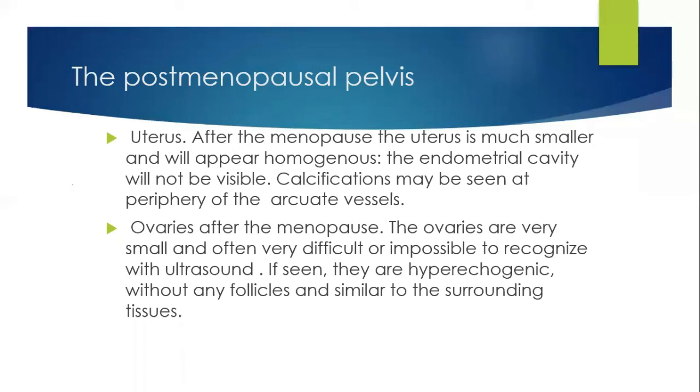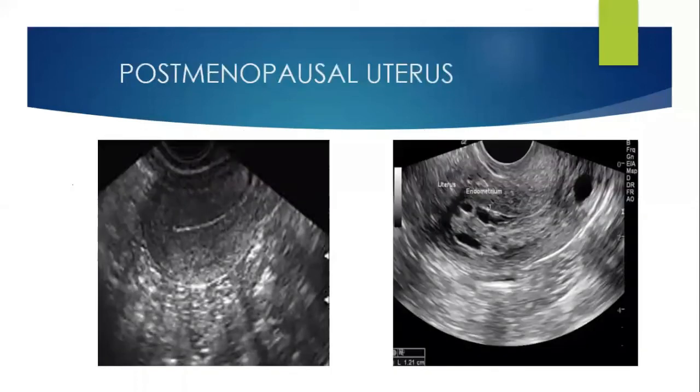In postmenopausal pelvis, remember the uterus size also becomes a little smaller and the endometrium also becomes very thin. And it is also difficult to identify the ovaries because they do not have any follicles. So this is how a thin endometrium will look like. Whenever you're seeing a postmenopausal patient who has been amenorrheic for let's say a couple of years and suddenly she comes to you with maybe spotting or heavy bleeding, and you're doing a transvaginal scan for her and you see this kind of a thickened endometrium,